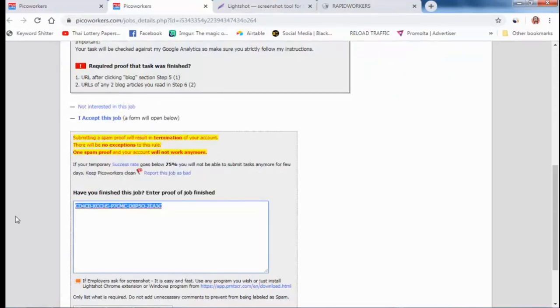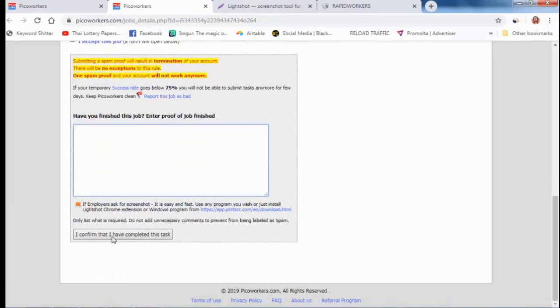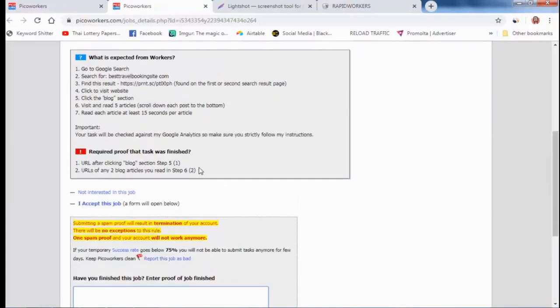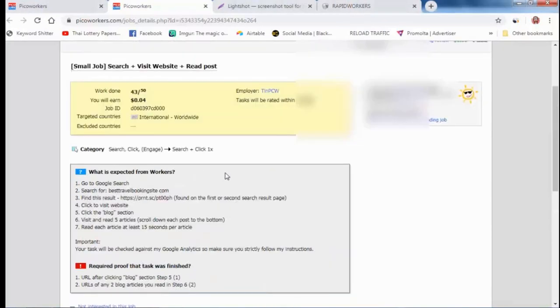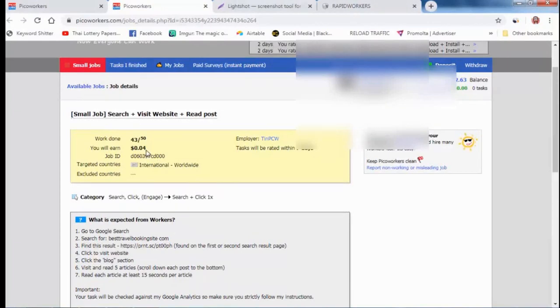For example, this is the proof, and you can submit here. I completed that task. After that, this person will check your job, and if you work honestly and do good work, he will approve your job and you will earn 4 cents.